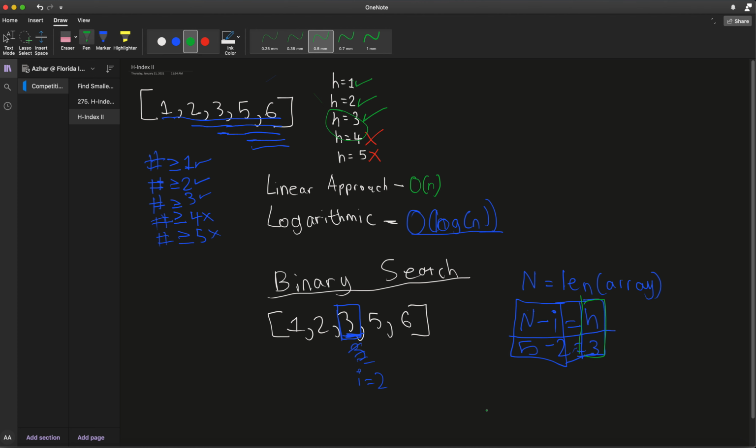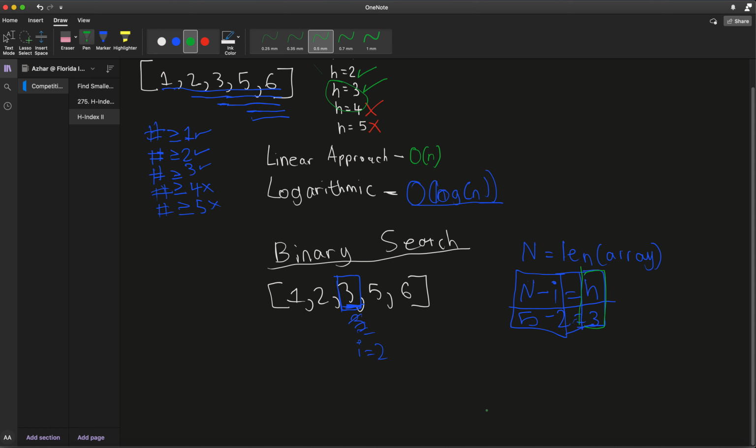But let's say we had a different array. Let's say 3 wasn't in the array. Imagine we had 1, 2, 5, 6. So let's do traditional binary search here. I'm gonna use a different pen color. Let's do